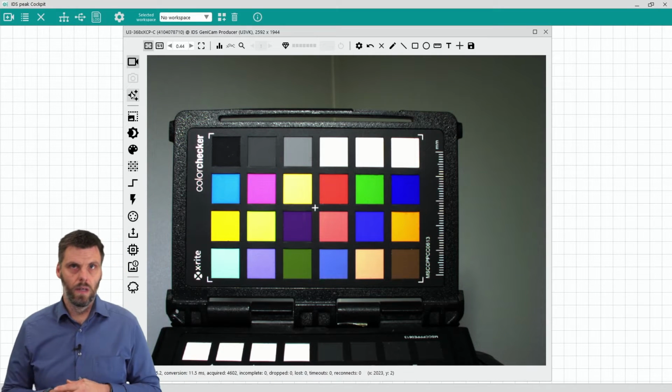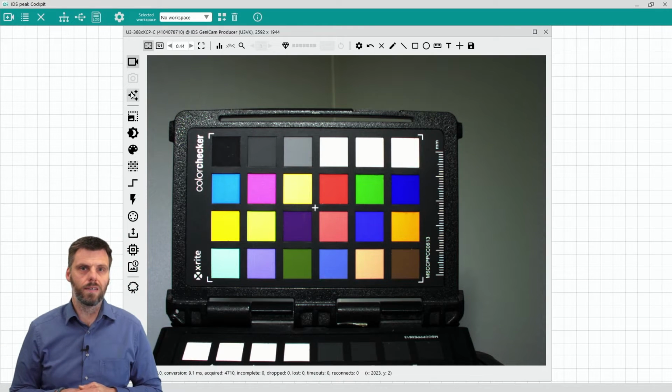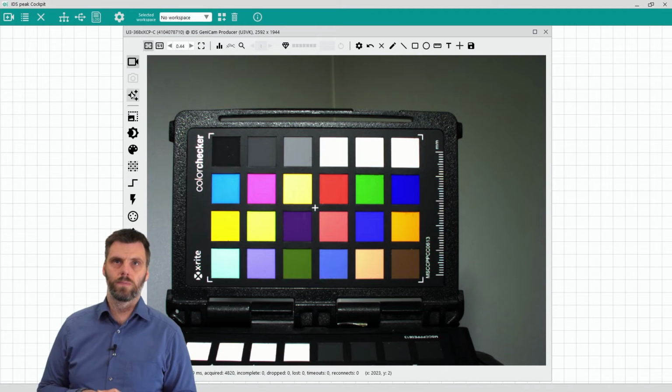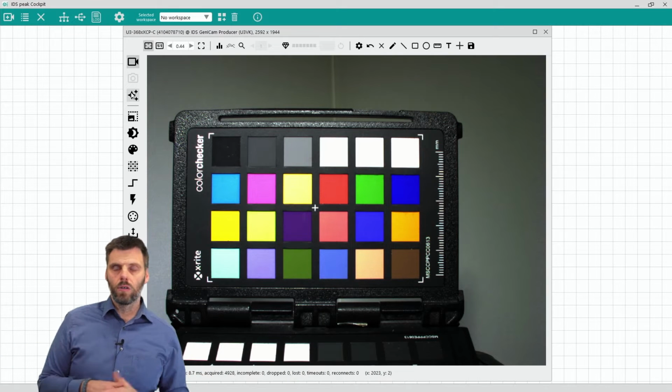What's also done here, it's automatically hot pixel correction is activated so that you really get a pretty nice, quite nice picture. So that would be the easiest way,